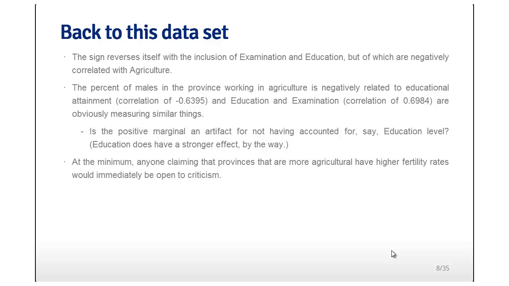The way I like to do it more than anything else is, when fitting regression models, to craft a story. In this case, if my story was that increased agricultural employment causes decreases in fertility rates, what I would say is, okay, given my full data set, what would my critics obviously say of me? And in this case, my critics would have a lot of ammunition,